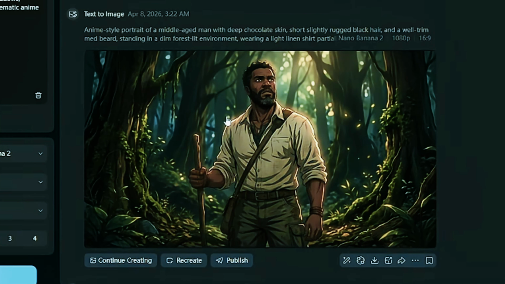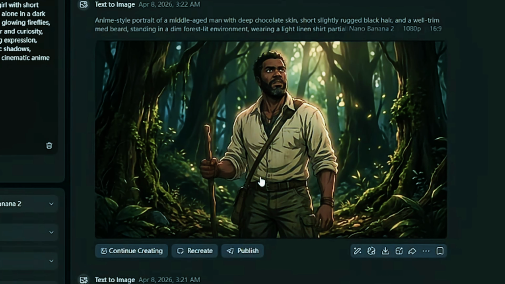Now, sometimes you need to try and regenerate. Of course, this is an AI. You need to keep prompting for it to give you the right thing that you want. But we are going to stop here. We are going to be downloading the images we need, and then we are going to be using them as